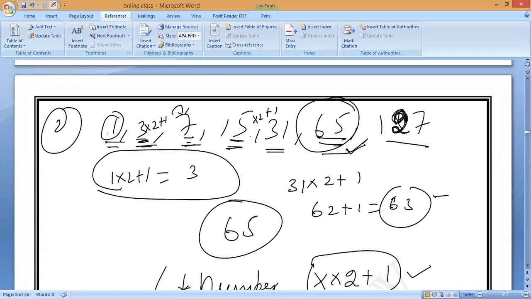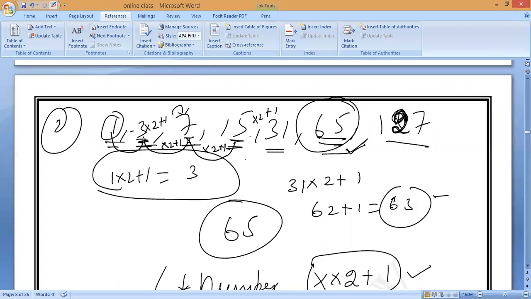Now you may observe here, 1 becomes 3, almost double plus 1. Like that, check the next number. 3 becomes 7. What is the possibility? Double plus 1. Correct or not, Padmavarshini? Yes, sir. In the same way, 7 becomes 15. There is no kind of addition or subtraction. So 7 into 2 plus 1. Is it yes or no?